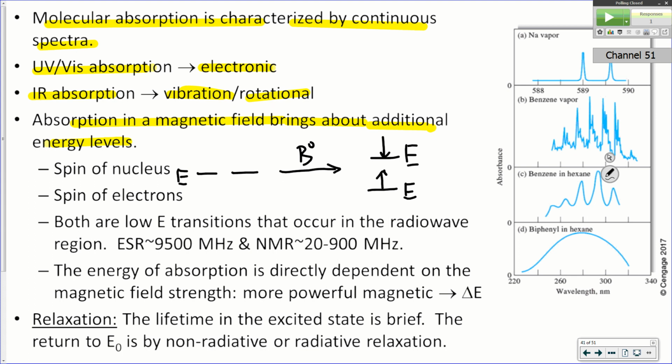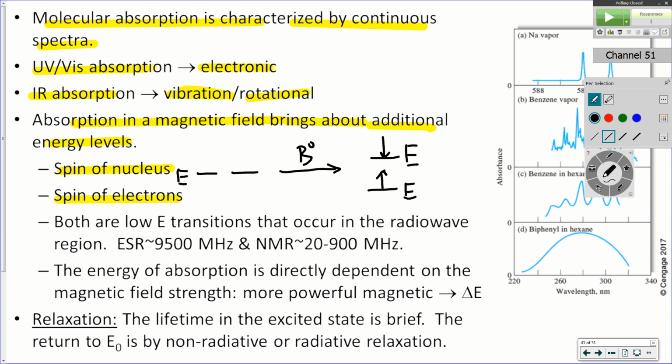And the greater the field strength, the greater the separation. That's the reason in NMR, the bigger the magnet we use to put the sample in, the higher the resolution, the more those energy levels are separated from one another. So that works the same in the spin of the nucleus as well as the spin of an electron. The spin of an electron is electron spin resonance spectroscopy. ESR, electron spin resonance spectroscopy is what it's called.